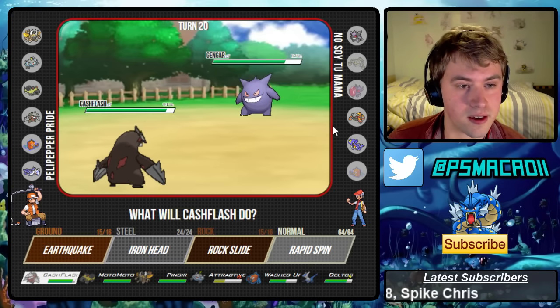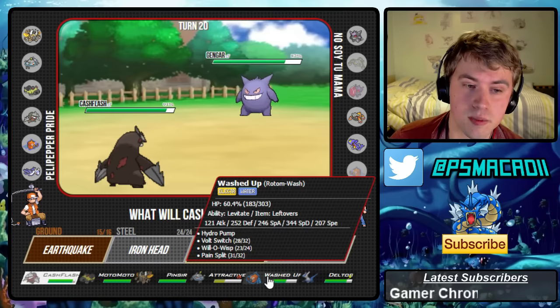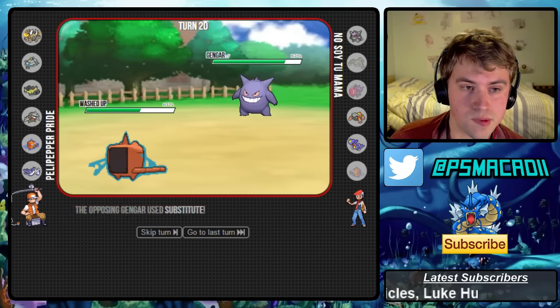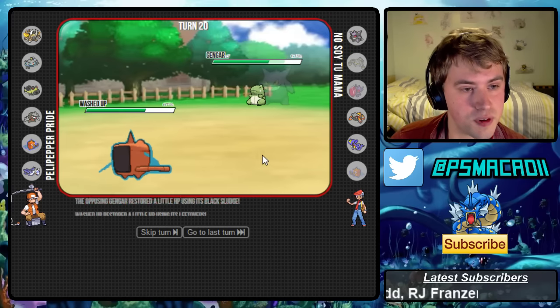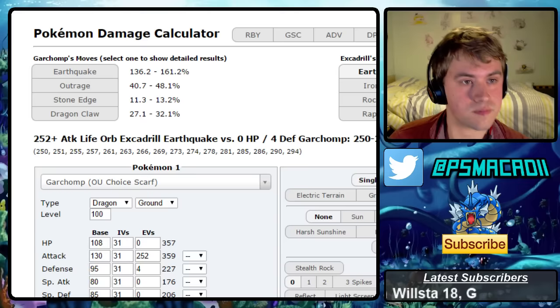He does go into the Gengar. I so wanna preserve this. Okay, I'm gonna go into Rotom here. He pulls it. He is the sub. He's sub disable. Okay, I'm pretty sure a Volt Switch is gonna break its sub, and then from there,